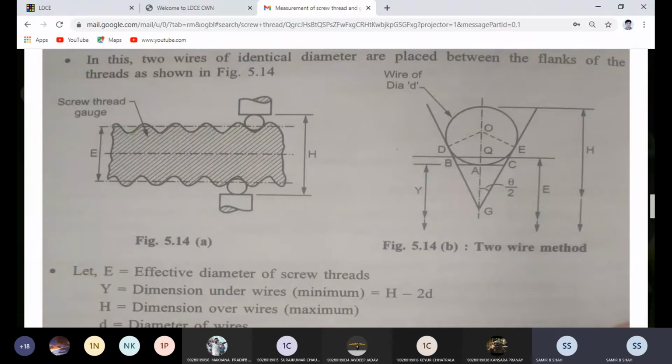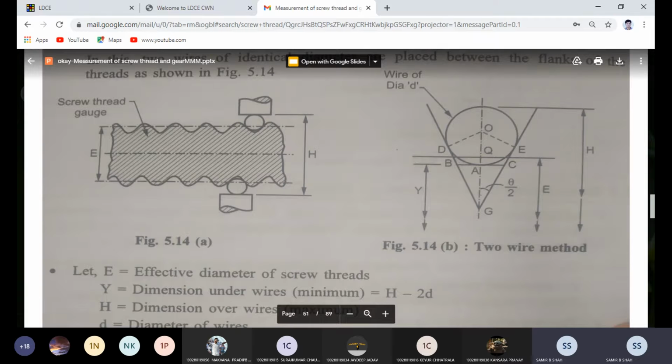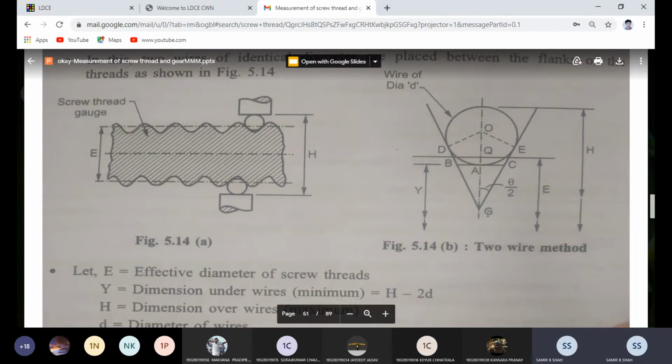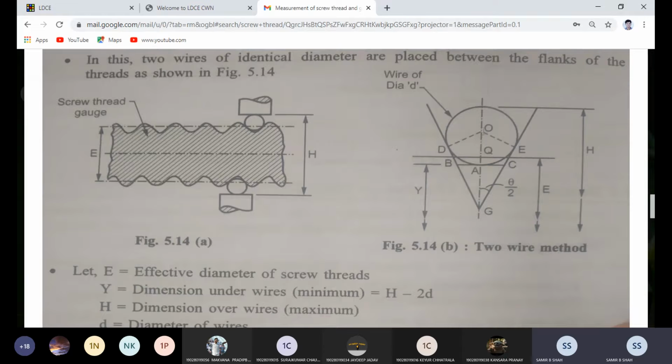One wire is there. The last point of the circle may touch the crest, where I just draw one line. The name is BC and the center is A. I just draw one center line. From that center line, the inclined portion or the flank is considered as theta by 2, and the end point of the crest is called G. And from the center, I just draw tangent points, normal to the tangent, that is D and